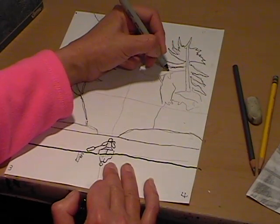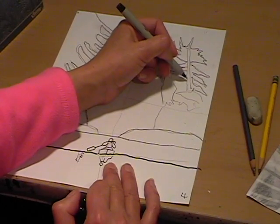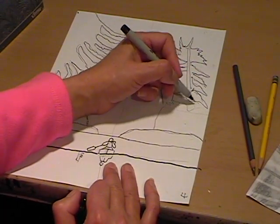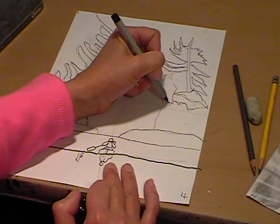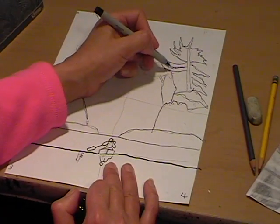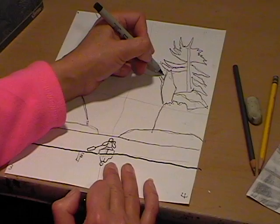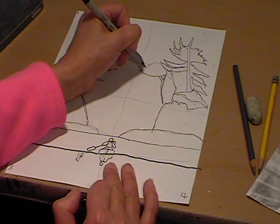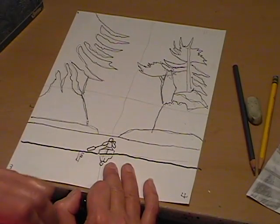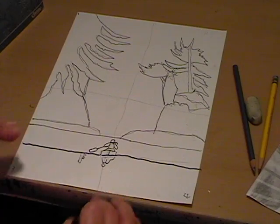So let me get these drawn in, the trees. There's another bough here at the bottom. Here's some bushes here. It's a pretty easy drawing. Some limbs here, and I'll put a limb here, and another evergreen bough here, and that's the drawing. So next we're going to do the shading, and